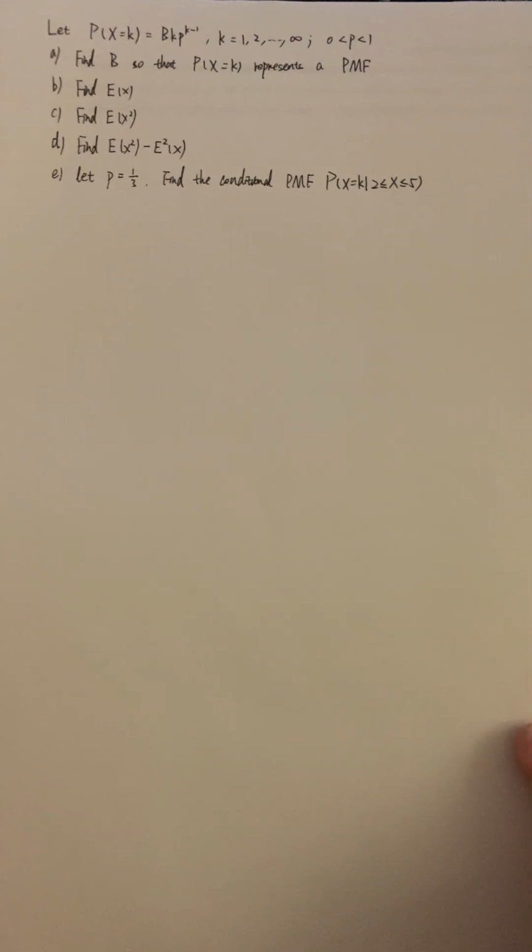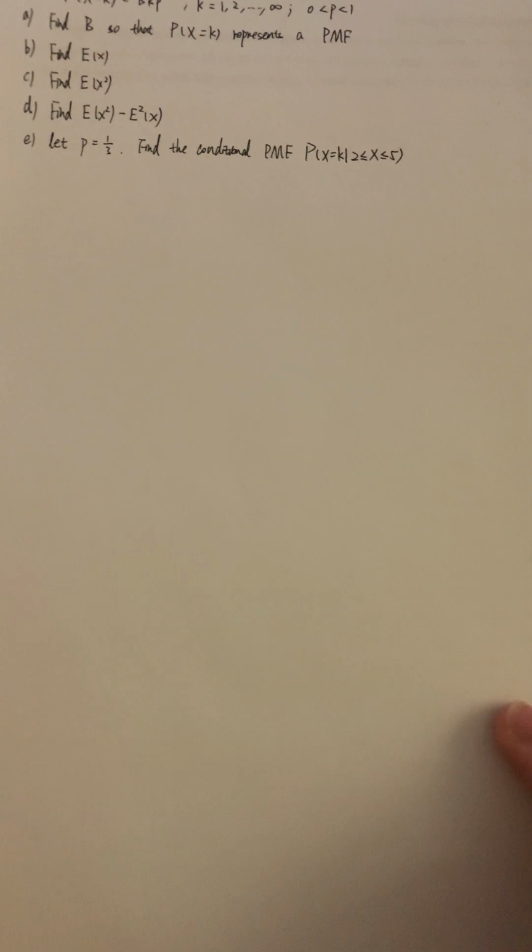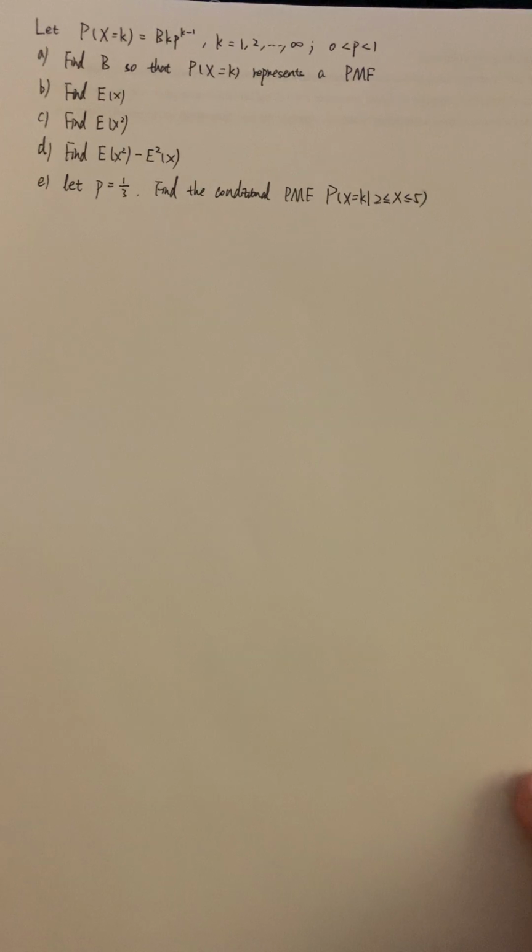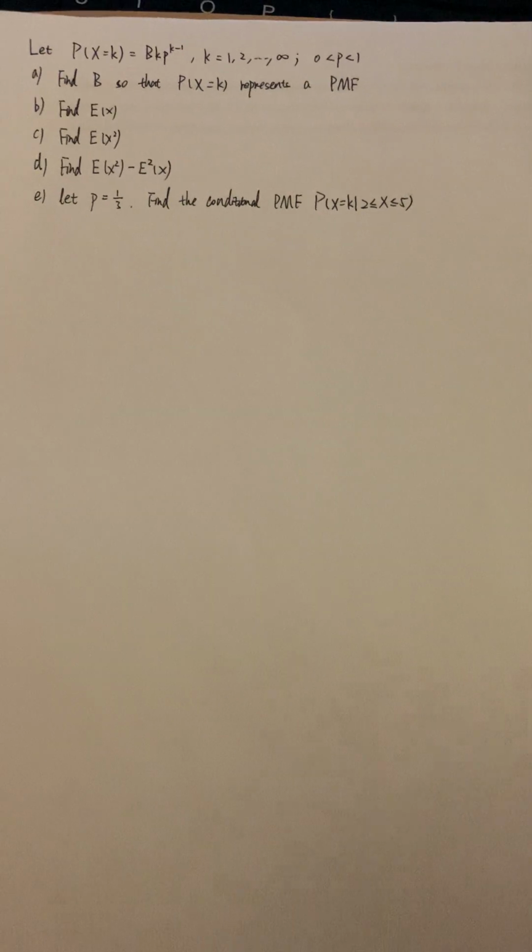Hello guys, I'm going to share an interesting question with you. So let's see the question at first. P(X = k) = b times k times p to the power k minus 1 is given, where k goes from 1 to infinity, and 0 < p < 1. At first we want to find b to let P(X = k) be a